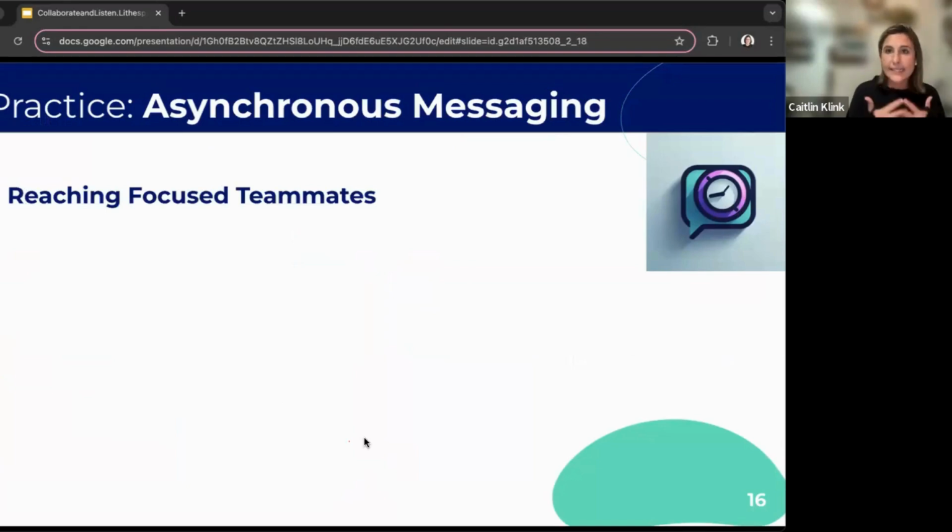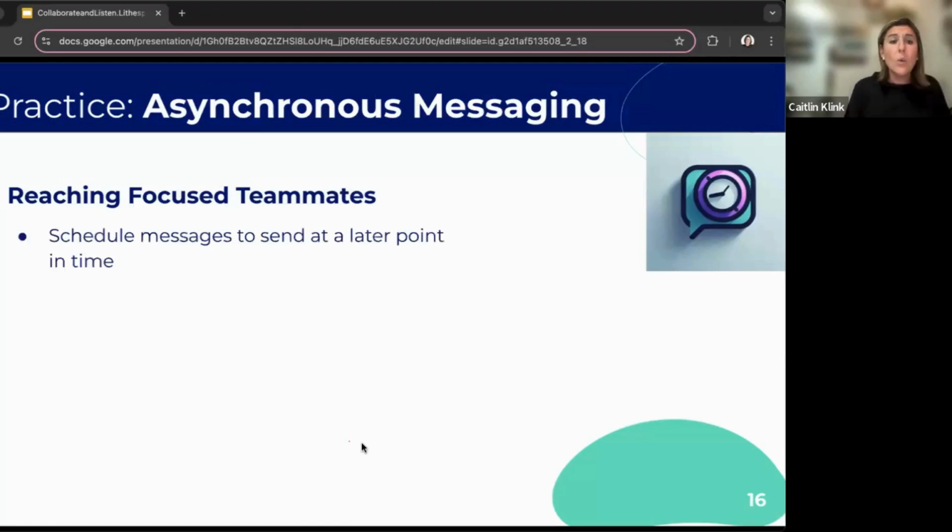Really, a lot of this asynchronous collaboration is about being thoughtful and intentional in spaces where we've just adopted whatever existed and slid into reality without really thinking about why we're doing things the way we're doing them. So the way we fix that is we pause and think about what we can put in place to undo some of those natural feelings of frustration and pressure that we feel when we're using these messaging apps. So one is to schedule messages to send at a later point in time. That's a really powerful thing to do.